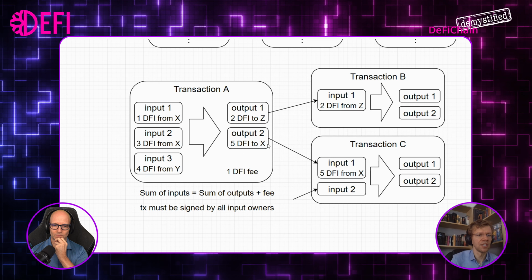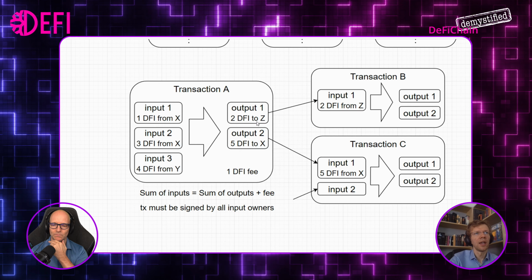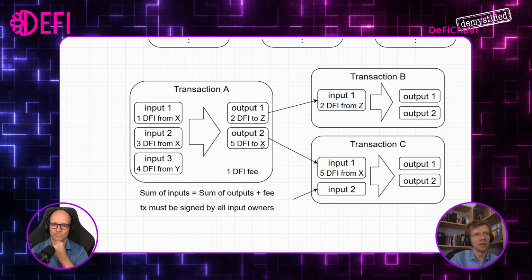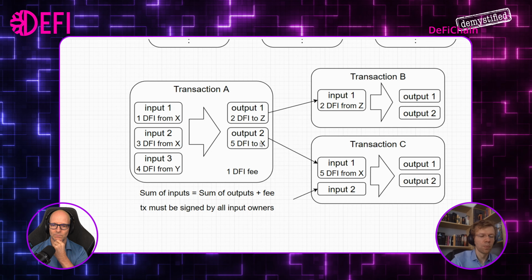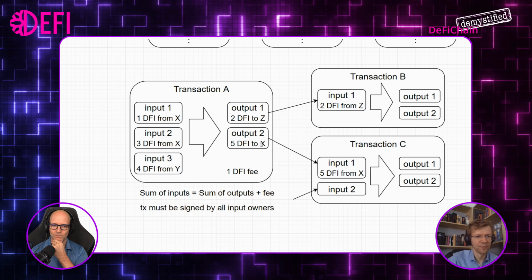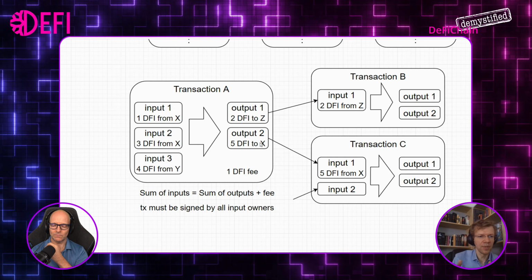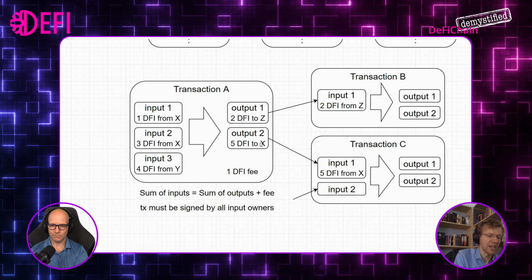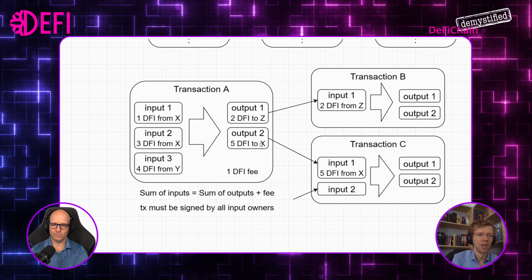It's for privacy. That's a good thing, because if you have input of X and output goes to Z and A, no one knows if you paid Z or if you paid A, because both are new, or both are addresses that are not connected to you, so they don't know whether you paid the one amount or the other.